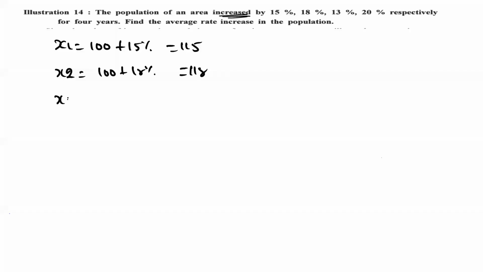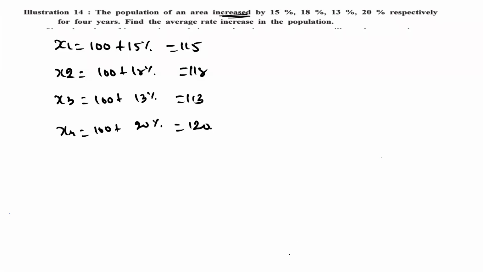I have asked roll number 39. Say to me how to do this one. So, the 100 one. Very fine. 100, what will we do? Plus. 100 plus 15%. It gives how much? 115. Yes. All of you please start. 100 plus 18%, 118. 100 plus 13%, 113. 100 plus 20%, it gives 120.